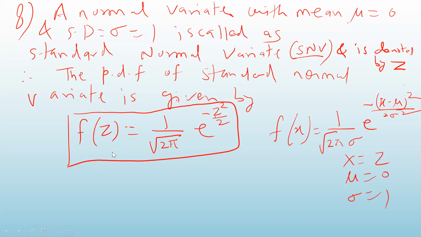Now this was looking quite a simplified version. So in the table, you will get the areas under this function, and this function is plotted on the graph paper, and the areas are available for the standard normal variate only. Okay, so for all our practical purpose to solve the problem, we will have to convert our given x into the standard normal variate. Okay, I will show you how to do that.